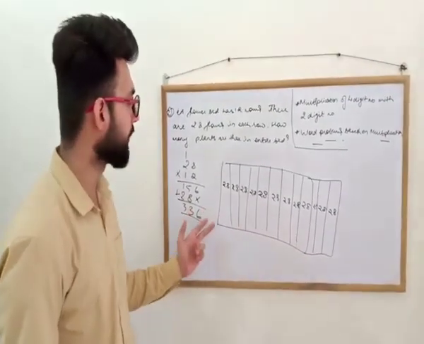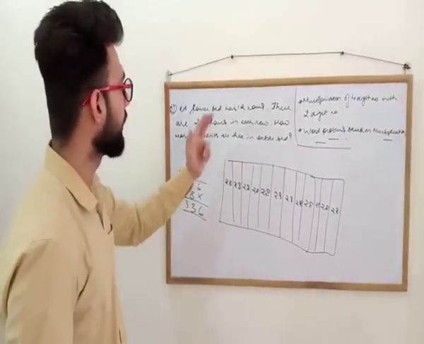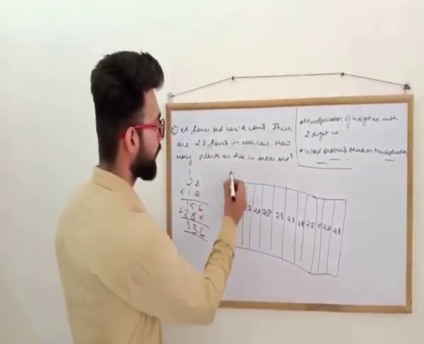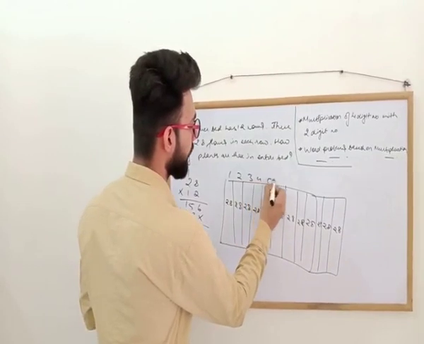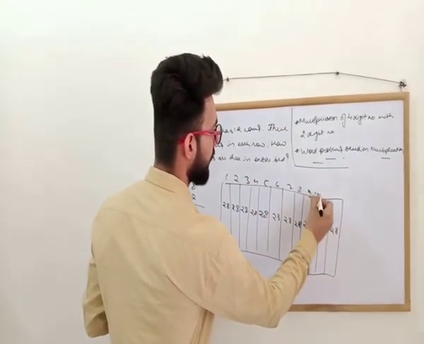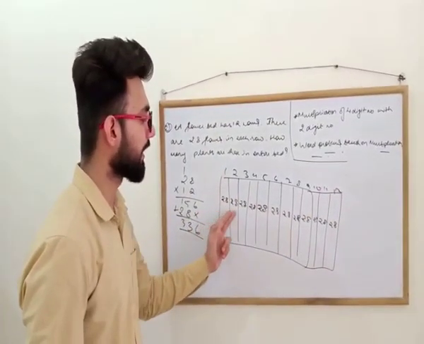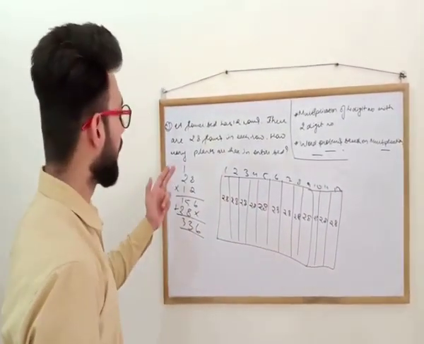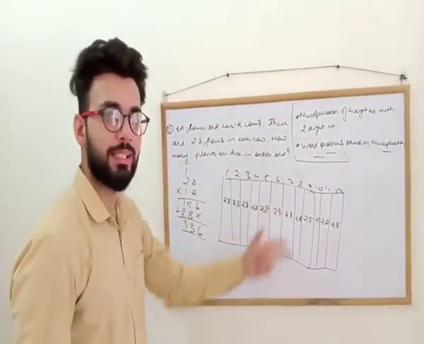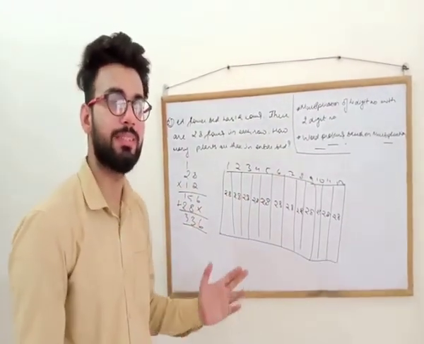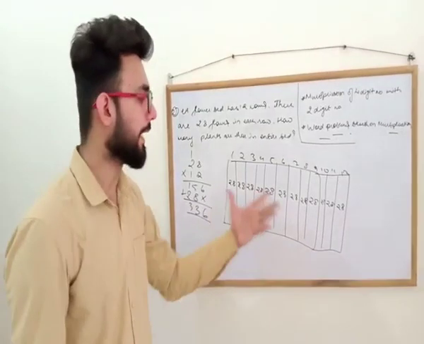Okay. I'll repeat once again. What did we do in this question? There are 12 rows, 28 flowers in each row. So we divided it like there are 12 rows, 1, 2, 3, 4, 5, 6, 7, 8, 9, 10, 11, 12. 12 rows, 28 flowers in each row. So to find out the total number of flowers in the entire bed, we multiplied the same numbers and we got the answer 336. So it means that there are 336 flowers in the entire bed.